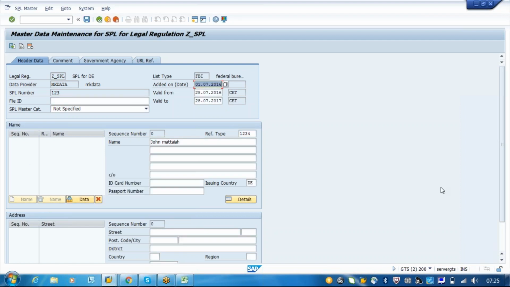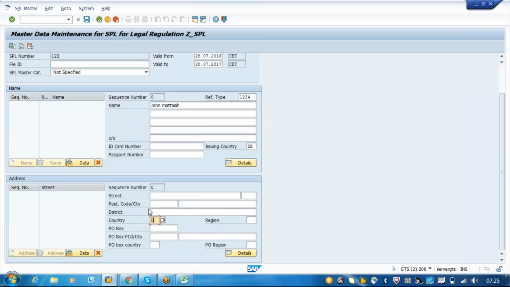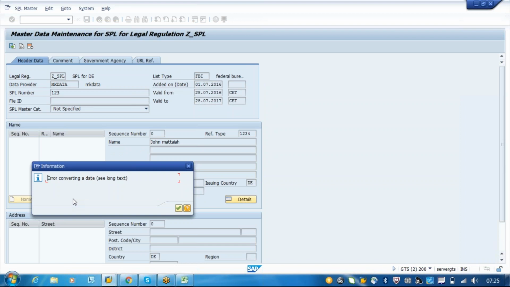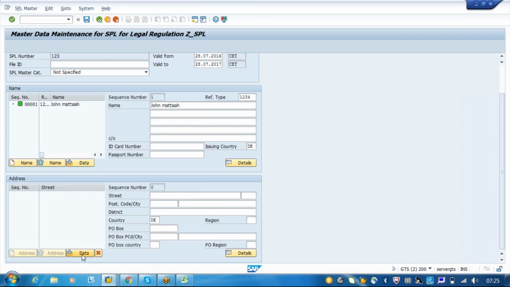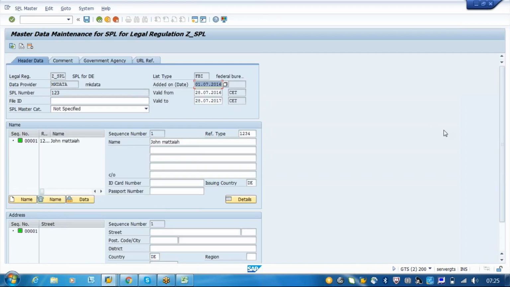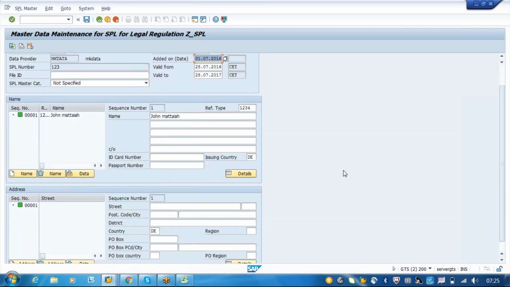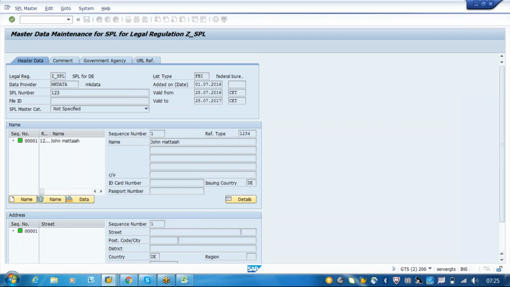And the country key, let's say it is Germany. Then you have to enter the country key here also. So that means now the system has written the SPL data for these two countries. So this is the SPL data that we have to compare. If you try to write each and every data individually, it will be time consuming, right? So instead of that,